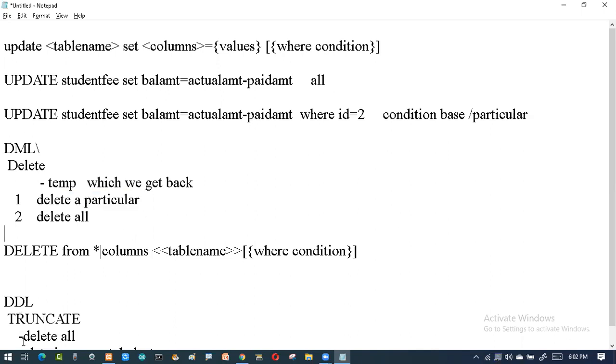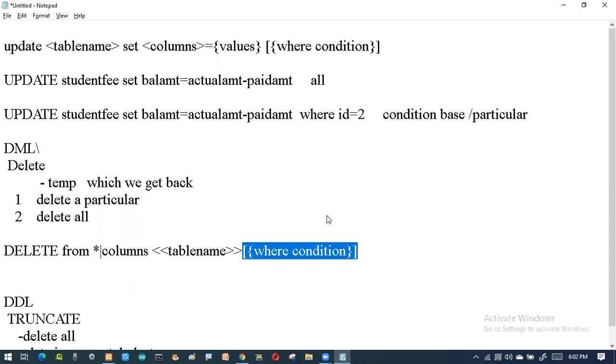And when I say truncate, it is all the records. So when I'm using this asterisk symbol with delete, then all records will be deleted. When I say only condition based, only delete record 1, delete 6, delete 10, then I'll go for the where condition. Again, it is optional. Situation demands, and based upon that you are going to use it.